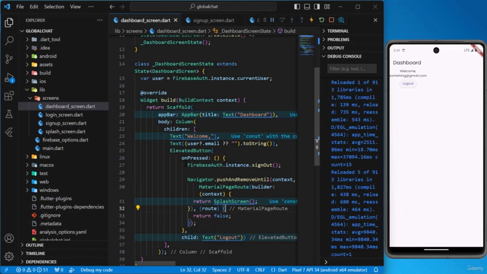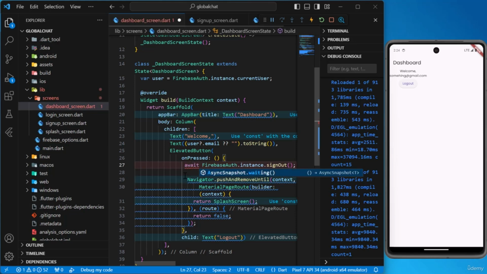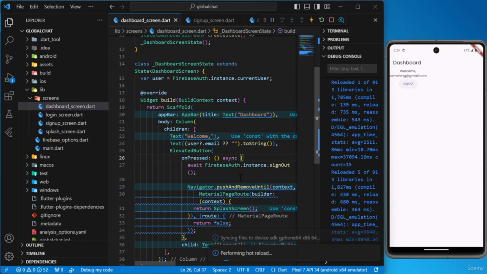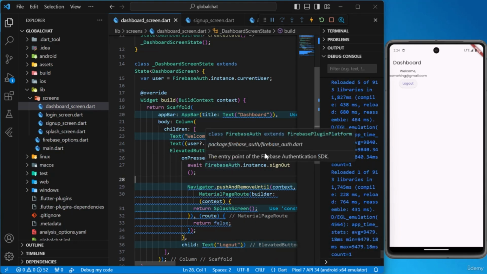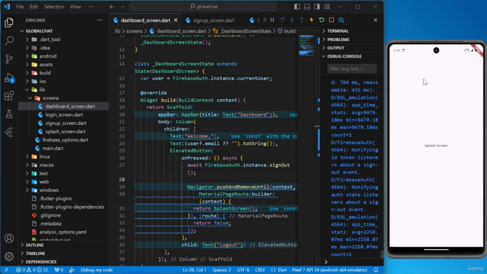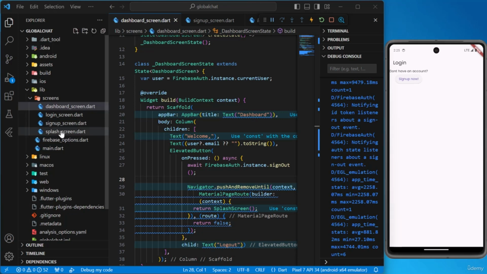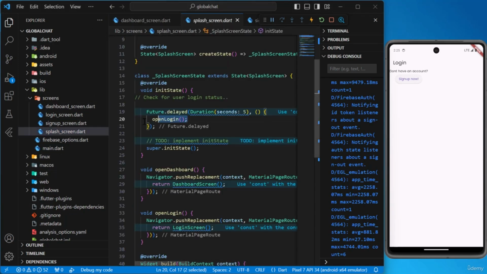And this sign out function might also take some time, so let's keep this await statement here and change this function to an async function. Alright, this will ensure that before navigating into this splash screen, our user has signed out. So if I click at this, I am navigated to this splash screen and then forwarded to this login screen. We are navigated to this login screen because in splash screen we have this hard-coded open login function over here,